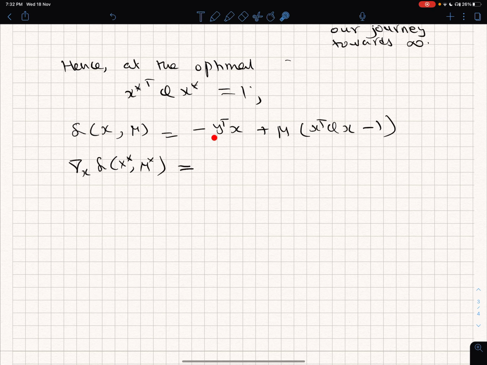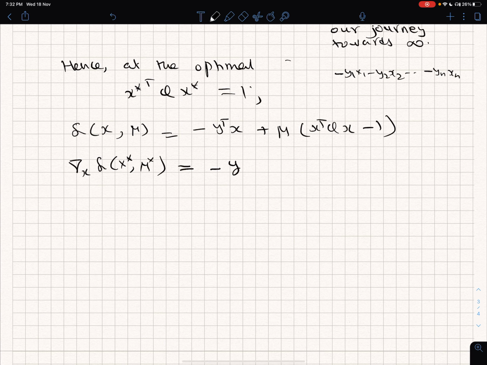So the first term is the summation minus y1 x1 minus y2 x2 and so on up to minus yn xn. If I take the partial derivative with respect to x1, I get minus y1; with x2, minus y2; and with xn, minus yn. So arranged in vector form, this is just